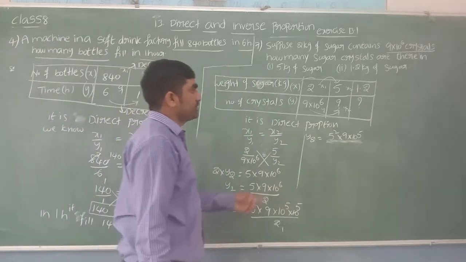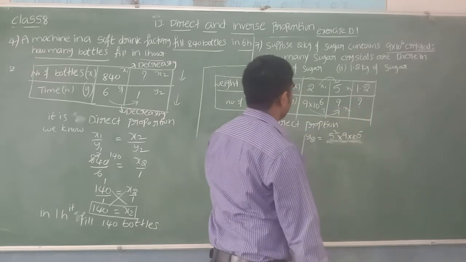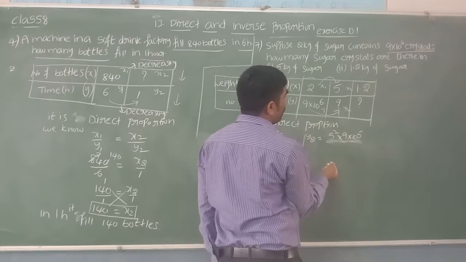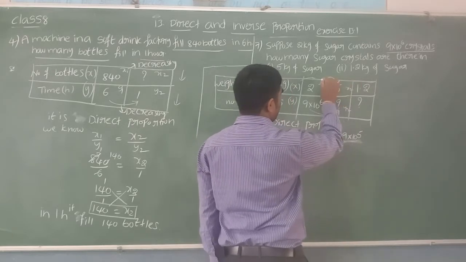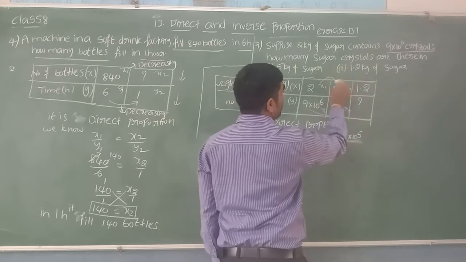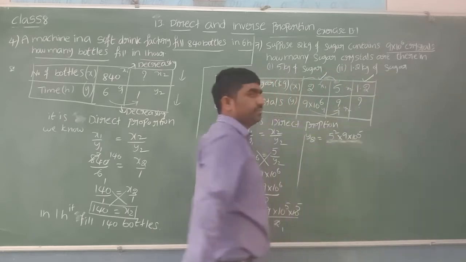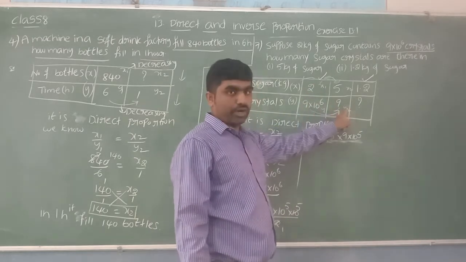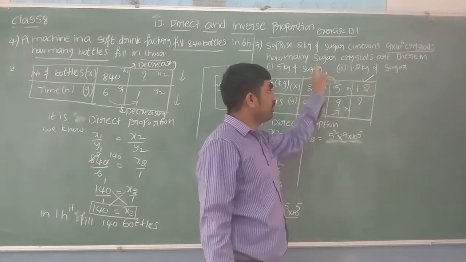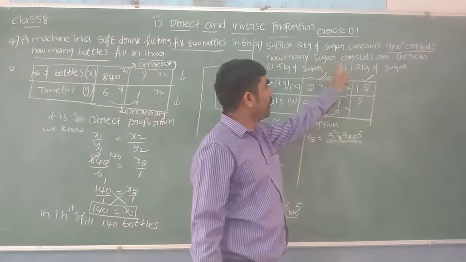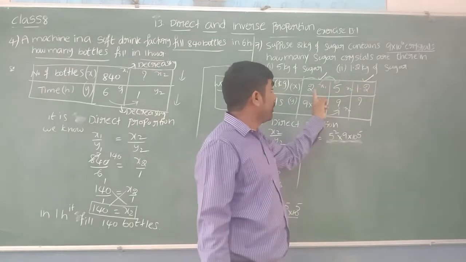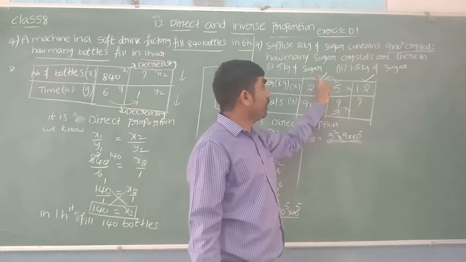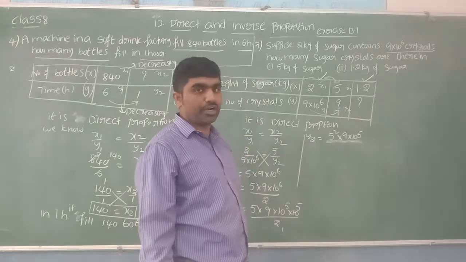At the same time, we can go with the comparison of 2 and 1.2, and here also we need to find the unknown value. How can you find that unknown value? See here, 2 to 1.2. These both are the known values. By using these two known values, we will find this unknown value. So from 2 to 1.2, the sugar quantity is decreasing. When the sugar quantity is decreasing, automatically the number of crystals also decreases. When both quantities are decreasing, it is in direct proportion.